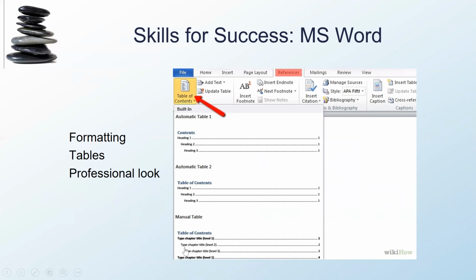Tables. When you read APA on tables, I can tell you that that is the one place where you do not have to follow APA, because their format for tables is terrible. It's impossible to read because they make you double space, and it's just,